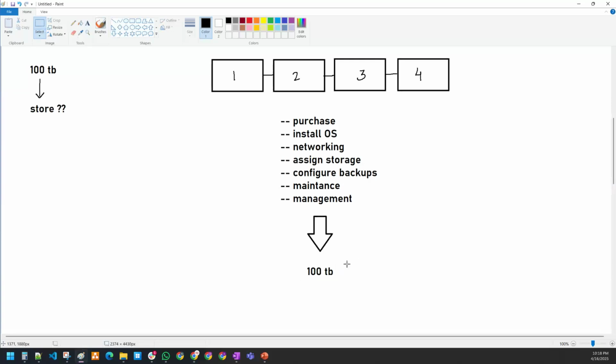So if I wanted to store 100 terabytes of data, I have to take care of all of these things. Now tell me how much time it could take. Guess this, guys. Not for you, not if I give you money. For the companies. Think about the company's perspective, with multiple people working behind the scenes on different activities. How much time would it take? Can it take 1 or 2 months?